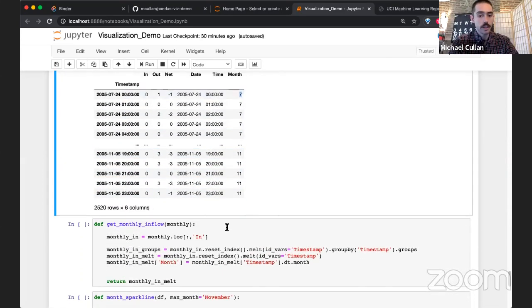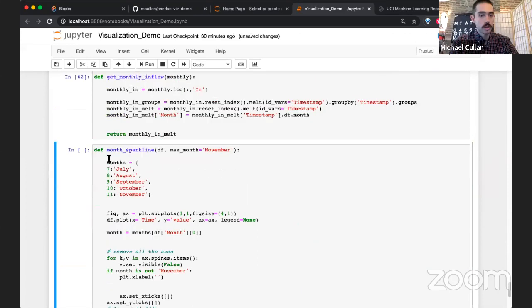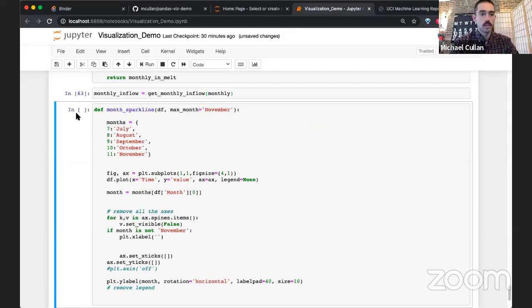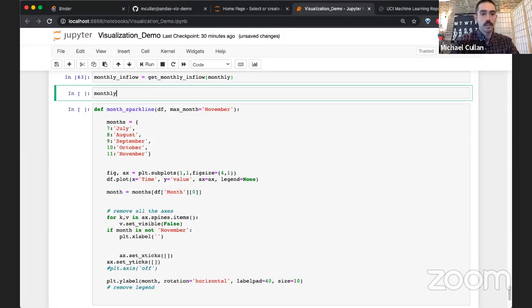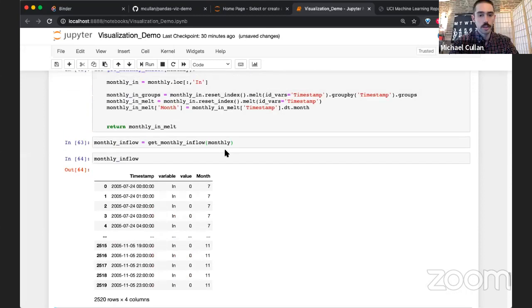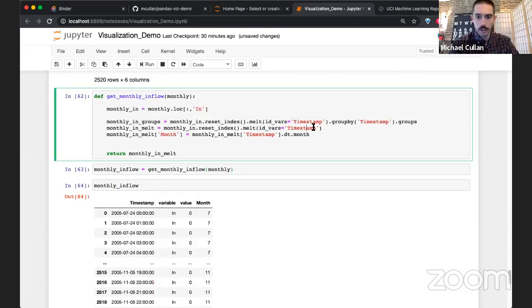And we could look at this monthly inflow. Look at what this is giving us. So it's starting to give us some trouble,